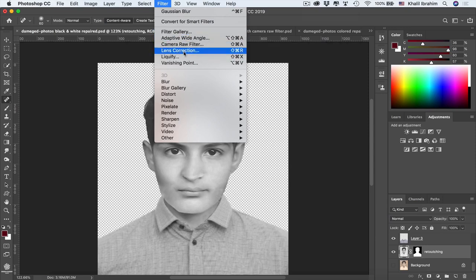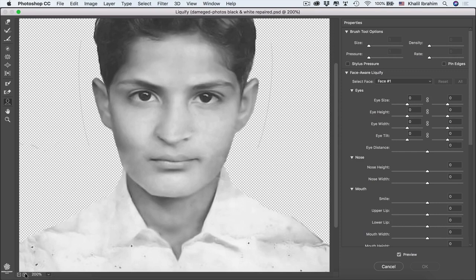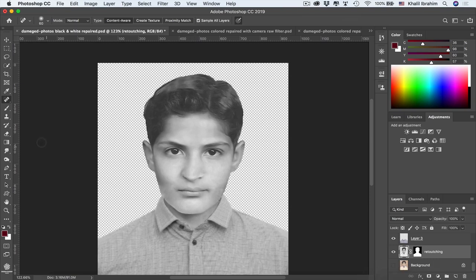So going to filter liquify and zooming in a bit, grabbing our warp tool and slightly amending the chin. And also maybe for his ears we can be moving that one slightly up, pressing OK. And now we can be adding some shadows using our burn tool and selecting shadows with 25% exposure